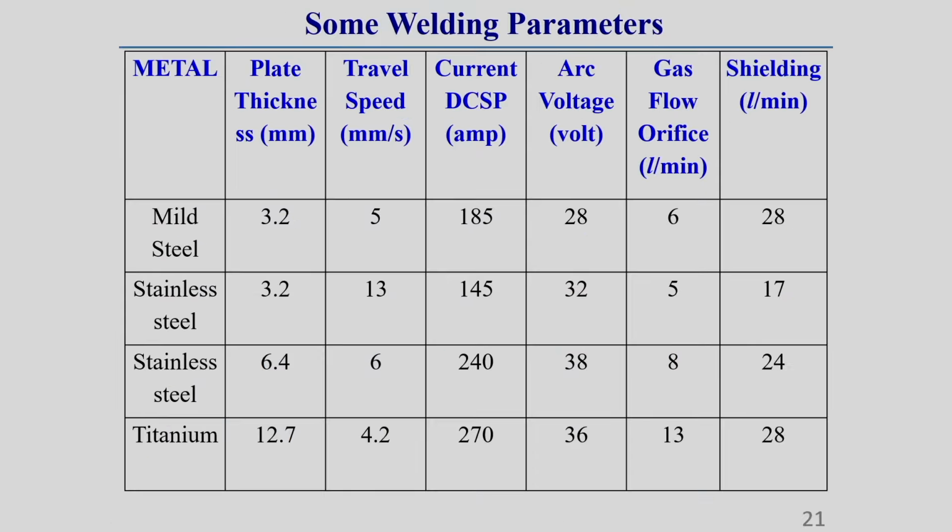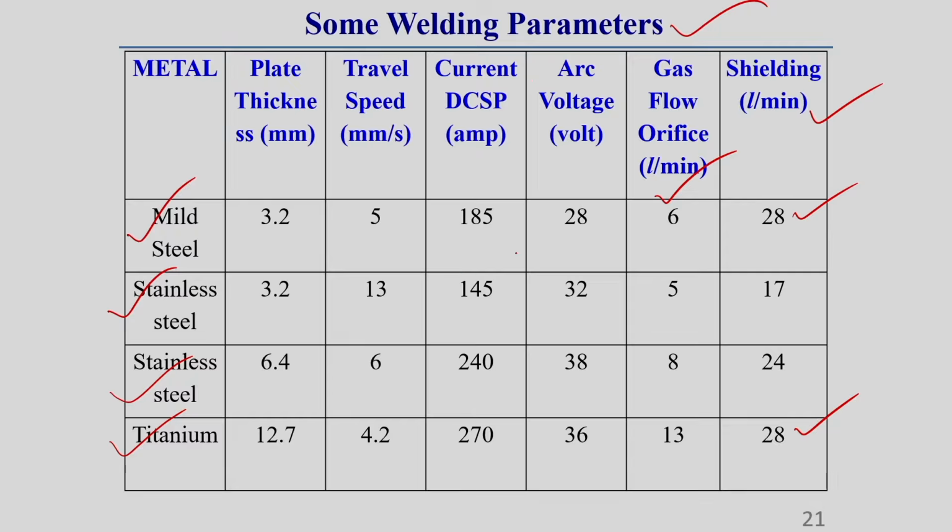In this slide, I am showing some experimental welding parameters, for mild steel, then stainless steel, another example, and titanium. From here you can get a fairly good idea of the range of current and the range of flow rate of plasma gas and shielding gas. Here you can see the plasma gas flow rate, which varies around 10 liter per minute, as I have already told you. The shielding gas can have a flow rate from 10 to 30 liter per minute. Here you see 20, 30. So, you can get a very good idea from here depending upon your current and voltage range.